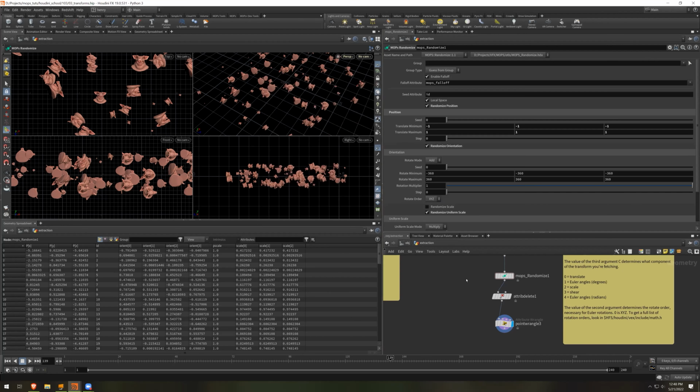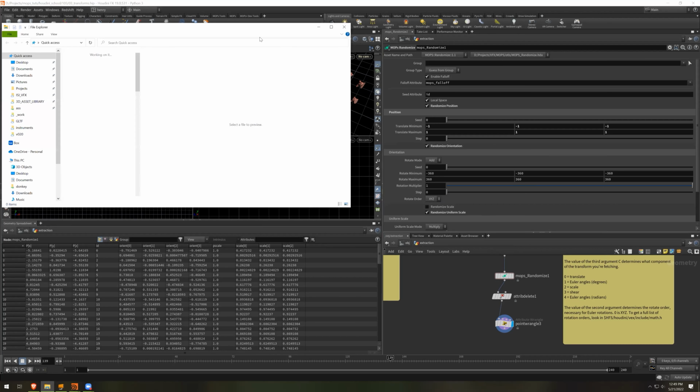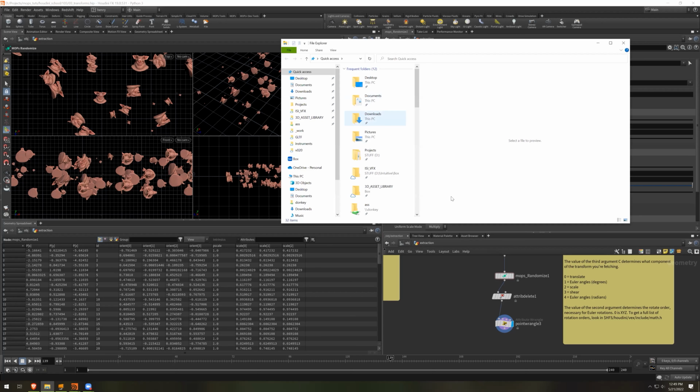As far as configuring packages and stuff like that, if you look at MOPs, the way that the directories are laid out, you can feel free to use MOPs as an example. There's a lot of free toolkits out there, and some of them are using more old school methods of package management, and some of them are more new school. I try to keep MOPs pretty new school because I think packages are the way forward for how this works. But if I go to my projects tab and look inside MOPs here,